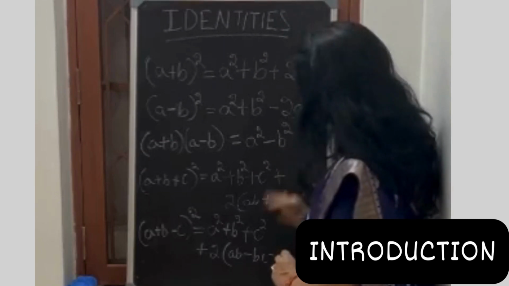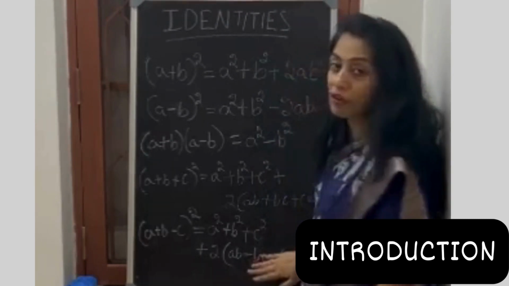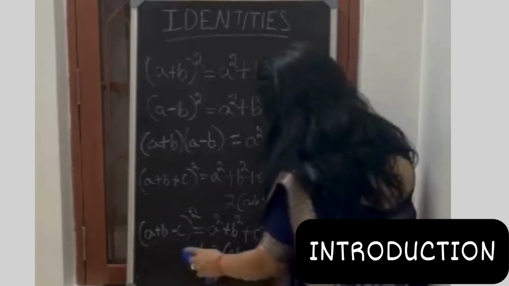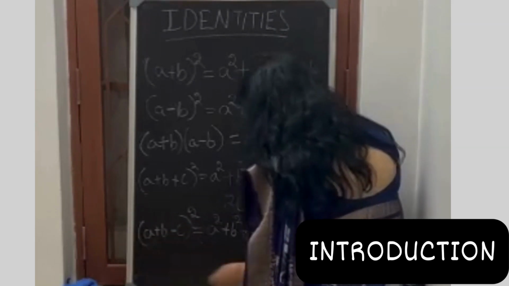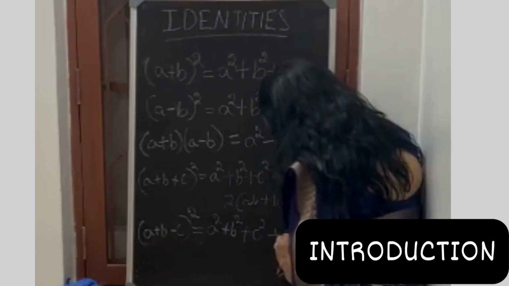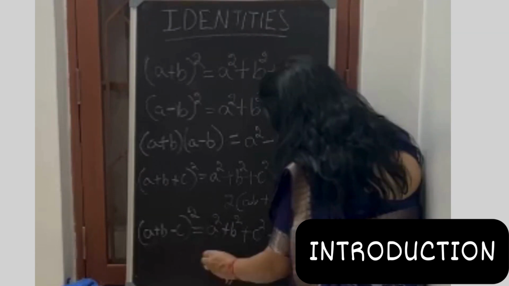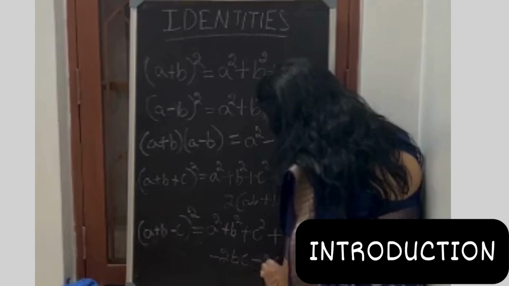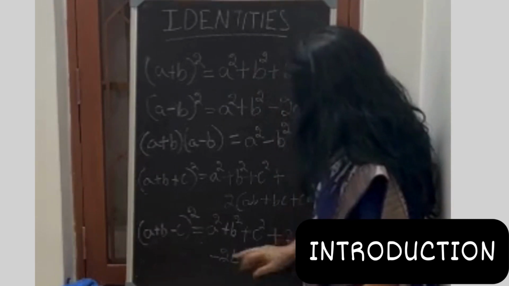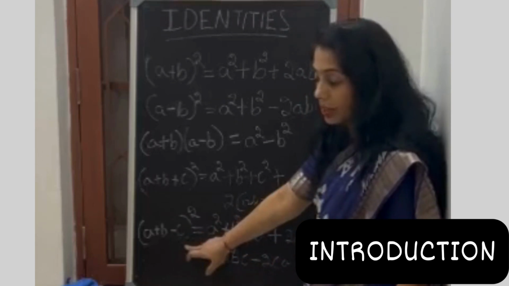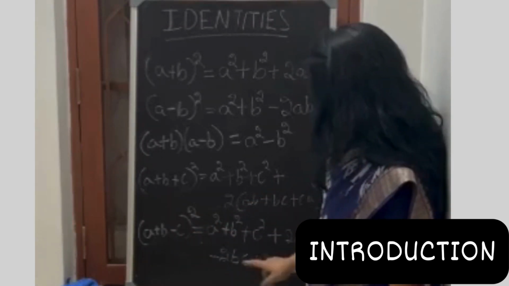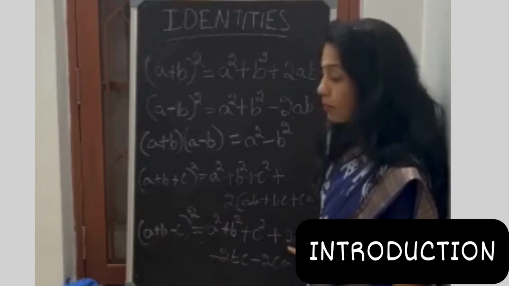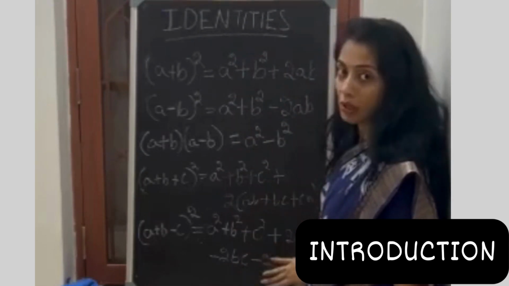If you find this difficult to remember, because there are changes in the sign, you can just write plus 2ab minus 2bc minus 2ca. Why is this plus and these two are minus? Because only c is negative. Because only c is negative, c exists here and here, so these two are negative. Here there is no c, so it is positive. These are the formulas to be remembered.